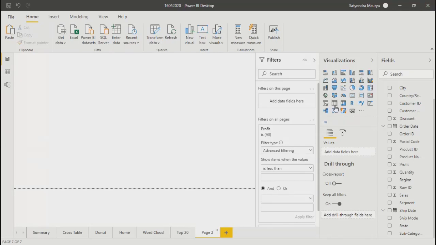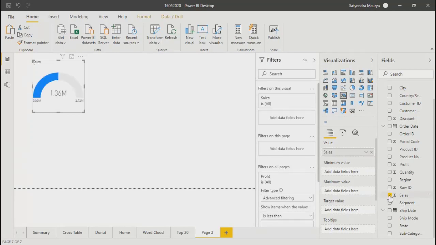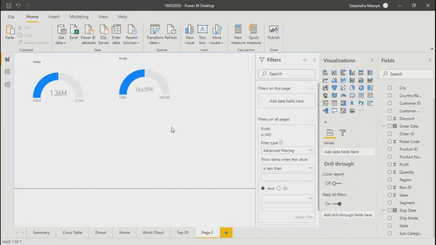Now we'll go ahead and see this gauge also. Earlier we saw it for a moment. So over here, let's say if you add sales, you can see the actual number. Same goes with dashboards, generally you create these, either put KPIs, the simple card, or these things. They will help you a lot to make your dashboard better. This is for profit, this is for sales. You can have one more,